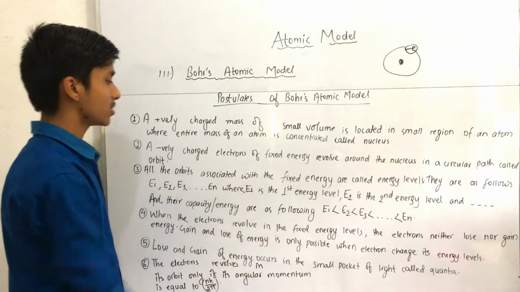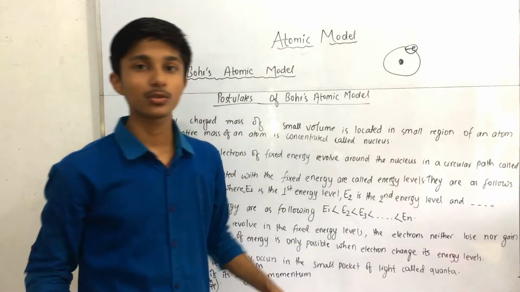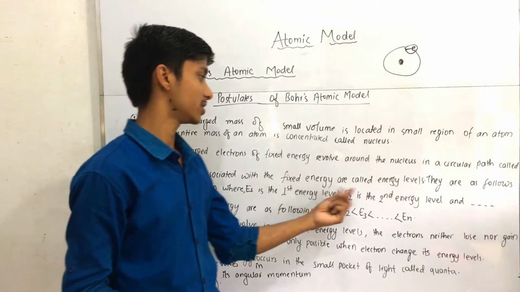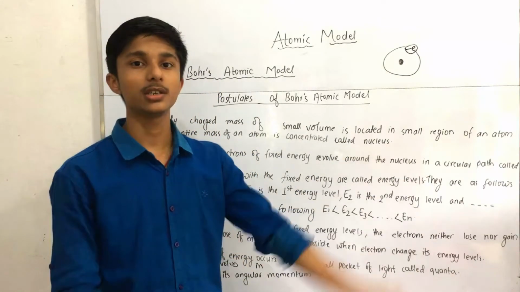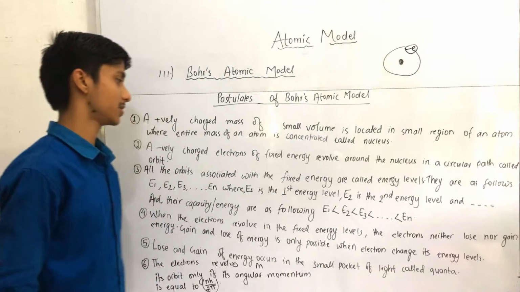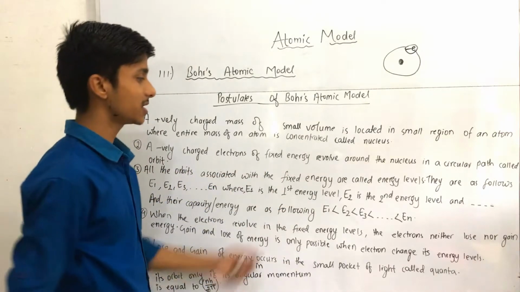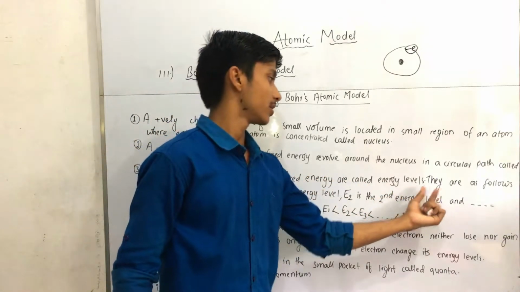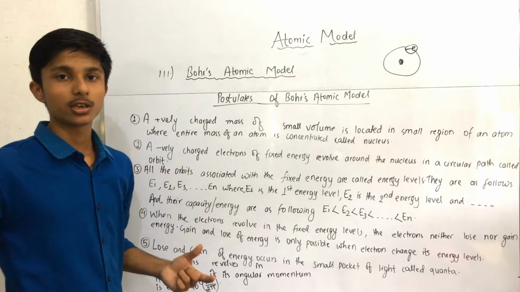All the orbits associated with fixed energy are called energy levels, and they are denoted by E1, E2, E3